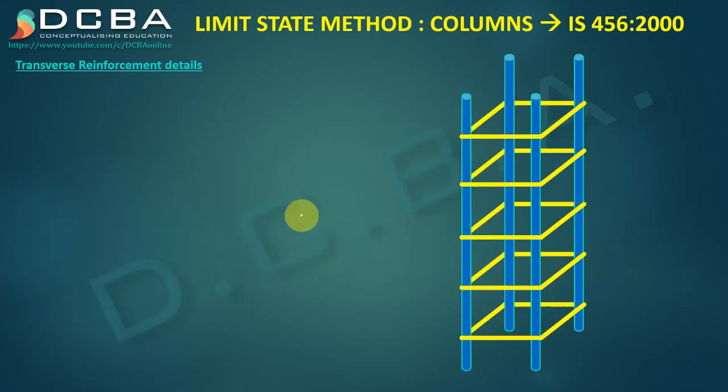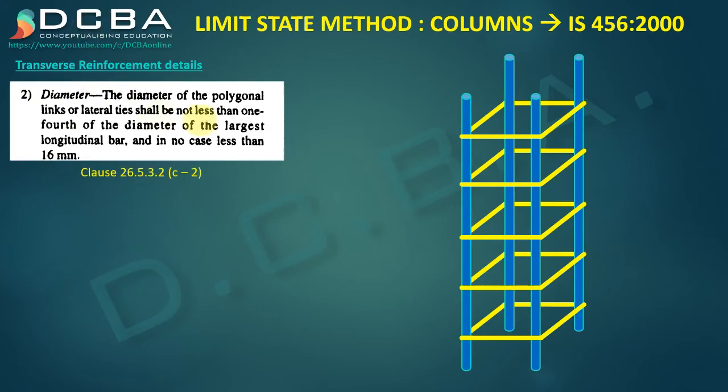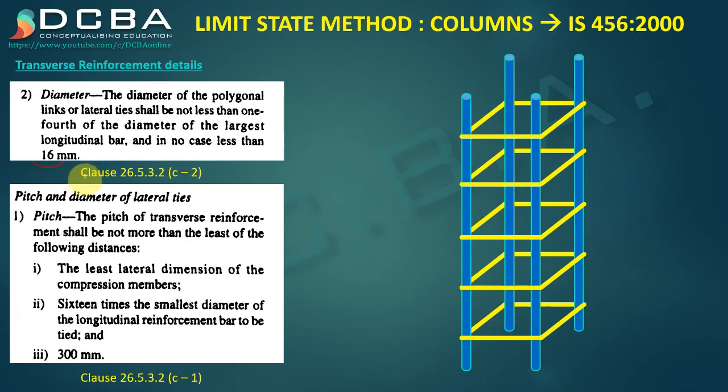Now the transverse reinforcement details. The first clause is for the diameter of the transverse reinforcement. The diameter of the polygonal links or lateral ties shall not be less than 1/4 of the diameter of the largest longitudinal bar, and in no case less than... there is a mistake here in the IS code, this clause. It says 16 mm, but it's actually 6 mm. Okay, so it should not be less than 6 mm,